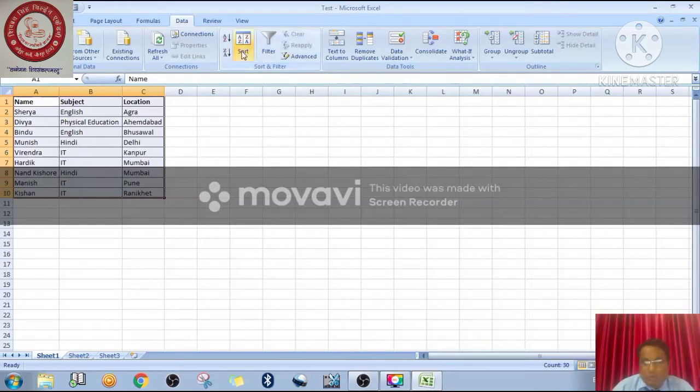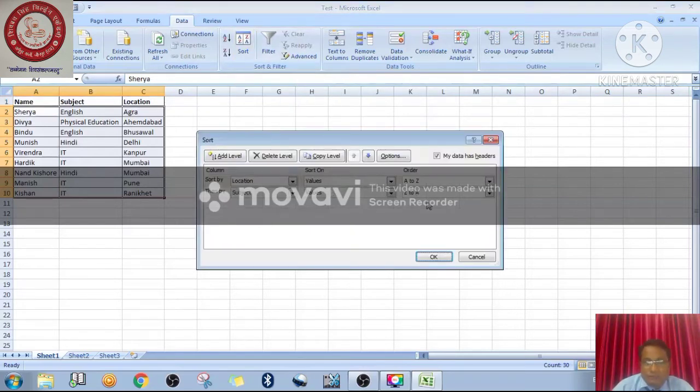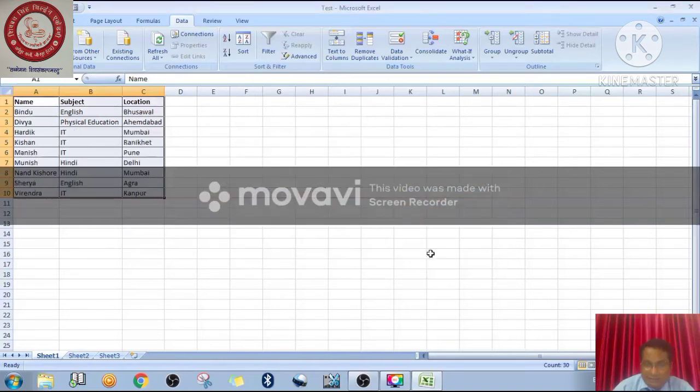Let me do one more practical here. First of all, if you want to delete a level, click here. Levels are deleted here. Suppose I want to select Name, right? It should be in A to Z order. Then Add Level. Then here I am selecting Location, Values, and suppose I have chosen Z to A. Let me click OK and then let's see what is happening here.